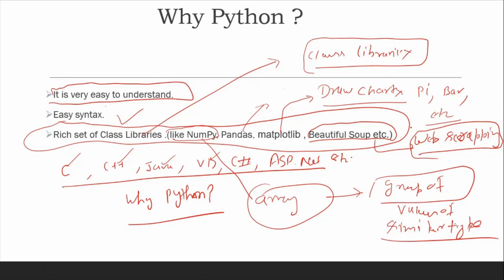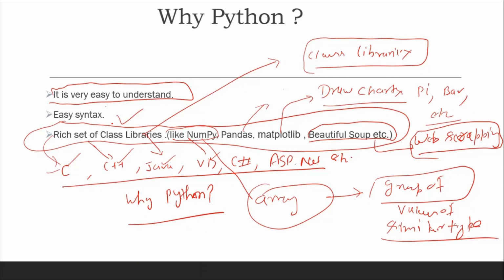So why Python? Now it is clear that it has a rich set of class libraries. This is the unique feature which is less available in other languages. That's why Python is now so popular as compared to these languages. It has plenty of libraries available for different purposes, like data analysis, artificial intelligence, and machine learning.